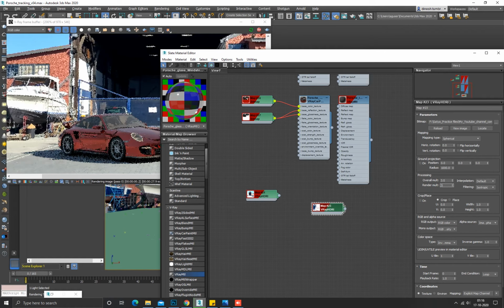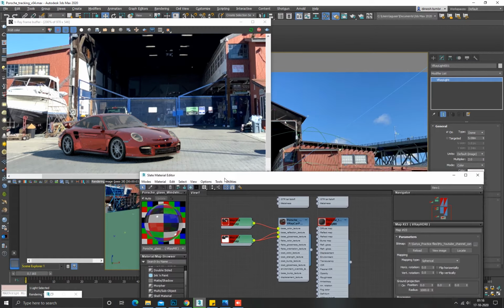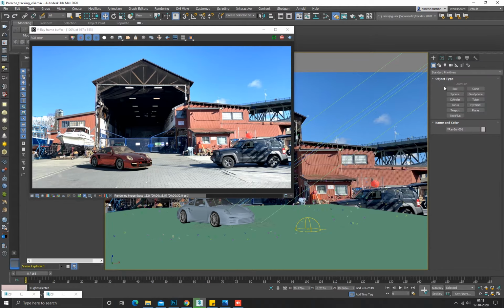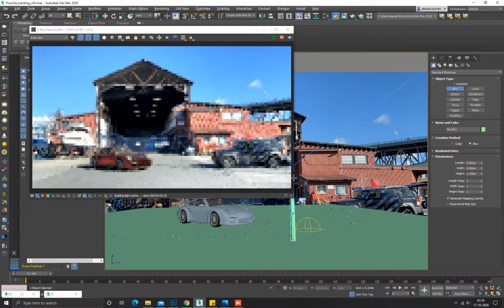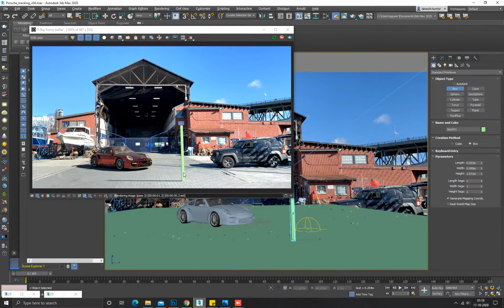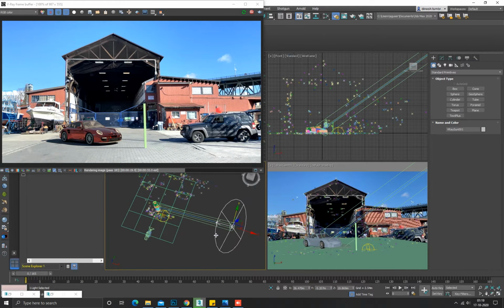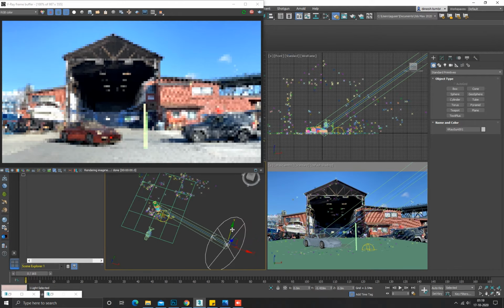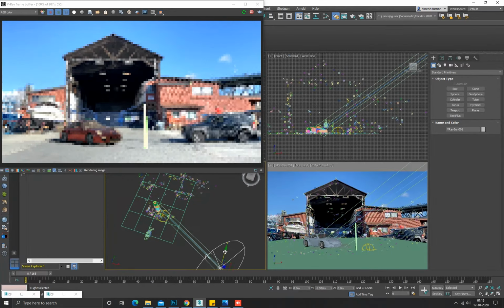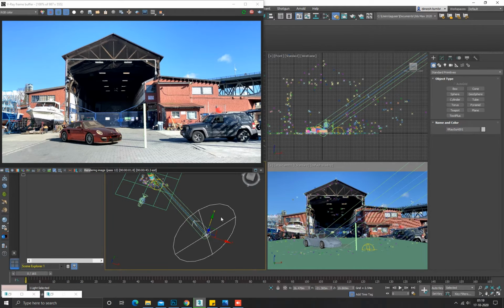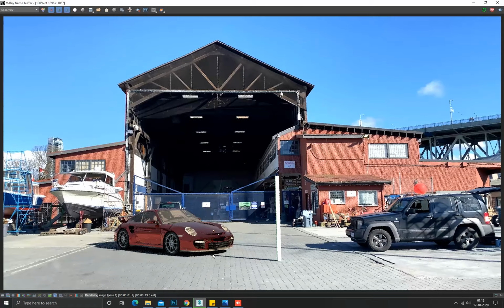Next, we will adjust the shadow angle as I said earlier. For that, we will take a long box and place it anywhere in the scene. This is to compare the shadows of the reference scene with our 3D model. We will adjust our sun until the box shadow falls parallel to the reference footage shadow. Now we will adjust some shader parameters in the car paint to achieve the look and feel we want.